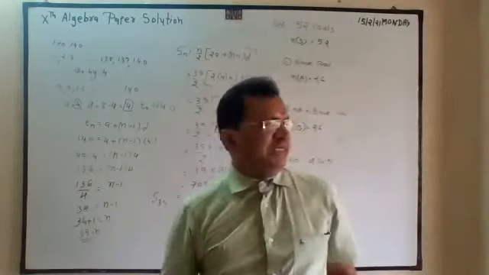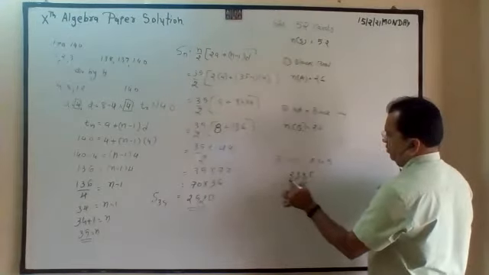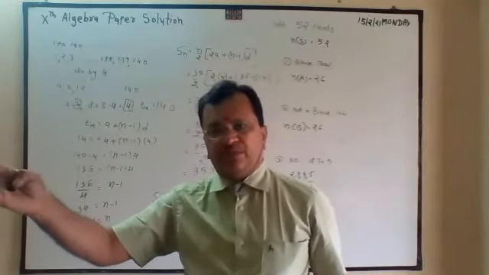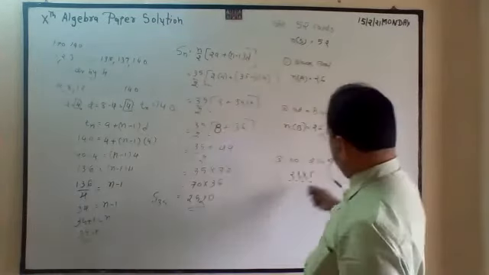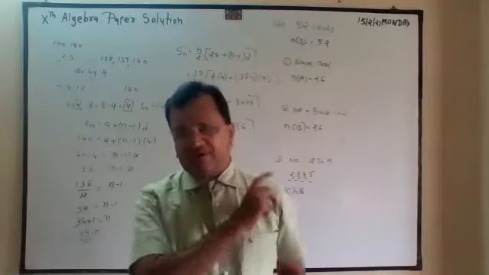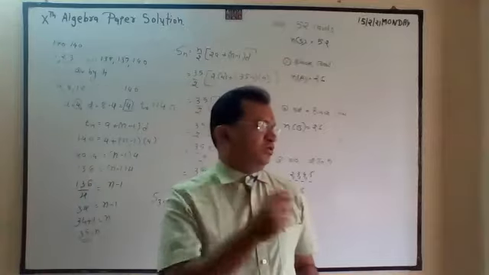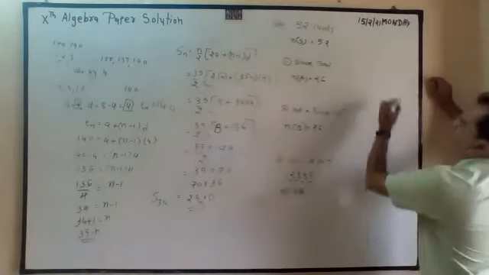Numbers from 2 to 5 means 2, 3, 4, 5. 1, 2, 3, 4. Those 4 numbers are in all 4 groups. Spade, diamond, club, all 4. Correct, red. So 4 fours are 16. When you find the number of elements, you will get half a mark. When you write the correct formula, again half a mark. Substitution, again half a mark. And then the answer, half a mark.